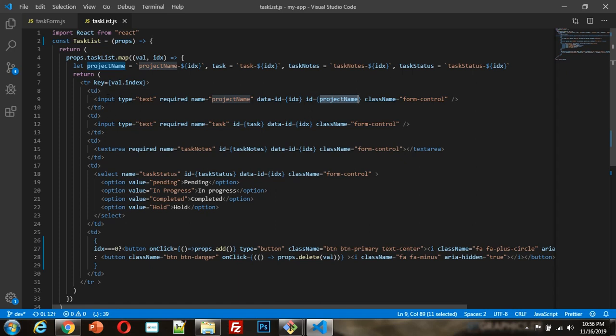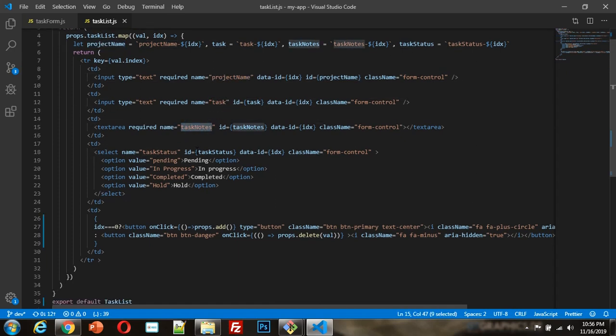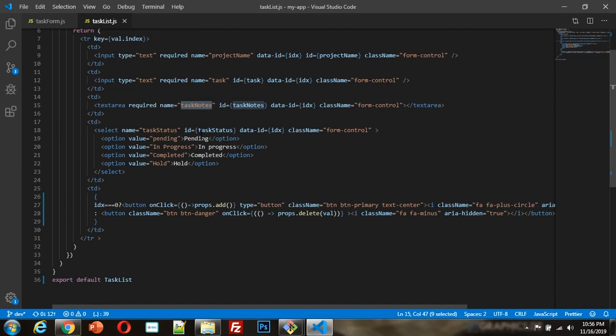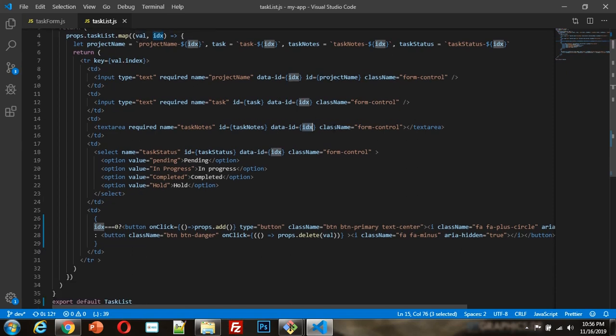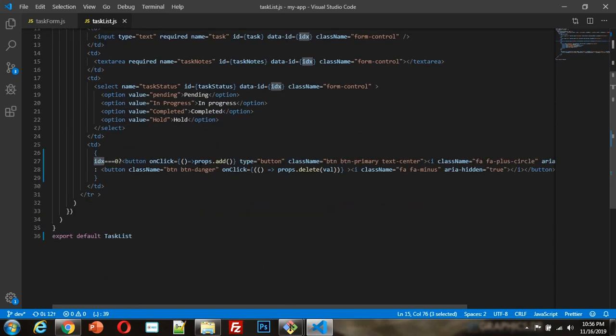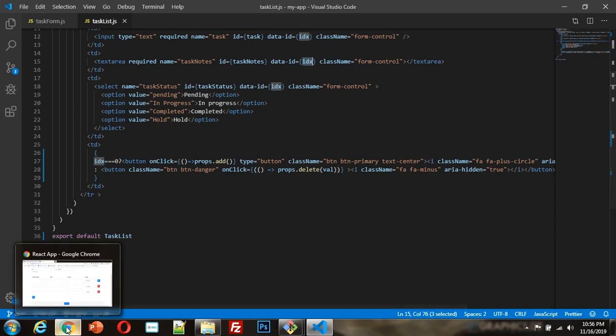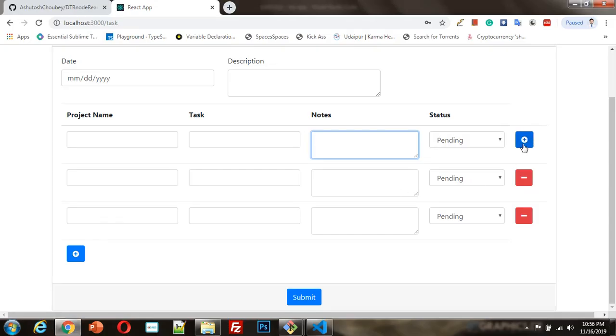Okay, so this is for the project name, and this is for the task and the task notes. For each field I defined a unique id and the data id, which is whatever index of that particular array I am assigning. The main important thing is that for the first row this icon is a plus, and after that the other icon is a minus icon, meaning we can only delete, we cannot add in this case.